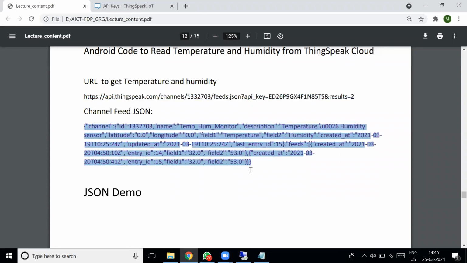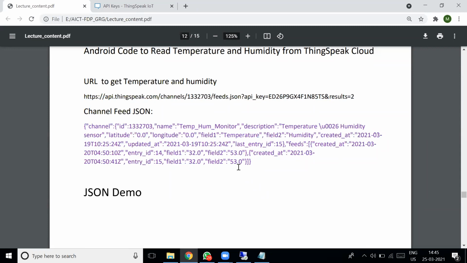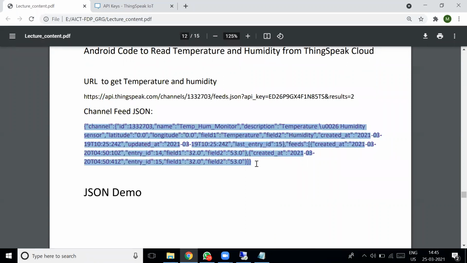Normally it is called a JSON object, right? In the Android program, you are going to open this URL, that is, send an HTTP request. The response will be a JSON object, and you have to parse this JSON object into a readable format.